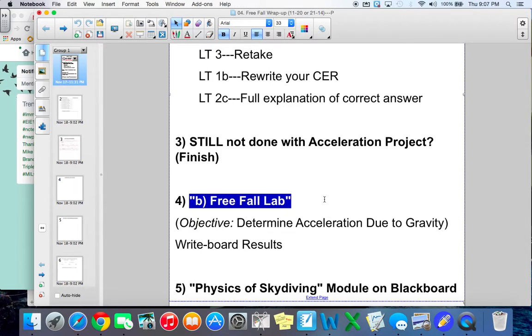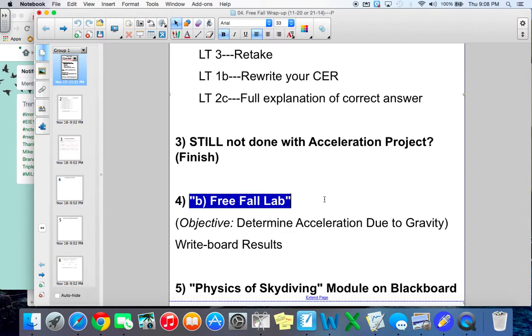Our goal today, if you've not done so already, is to go into the lab and use a motion detector to be able to figure out what is going to be happening when it comes to the acceleration due to gravity. So you all have your spherical objects, and what we're going to do is take a little look at what that lab is going to look like. So let me pull up my iPad real quick.